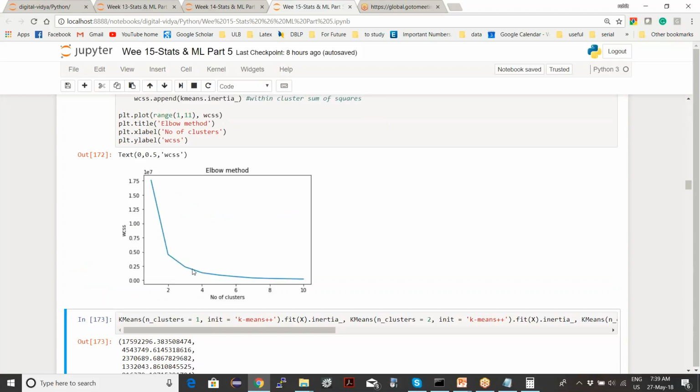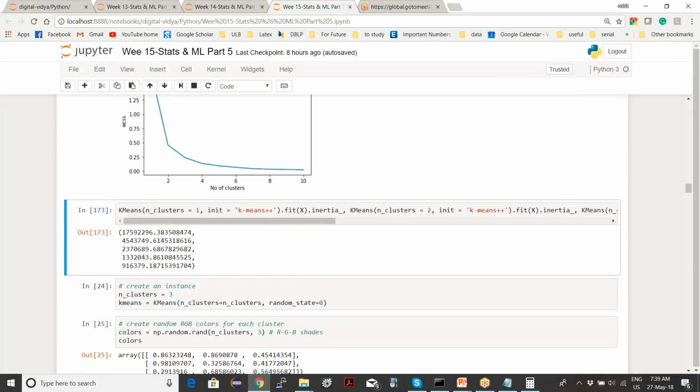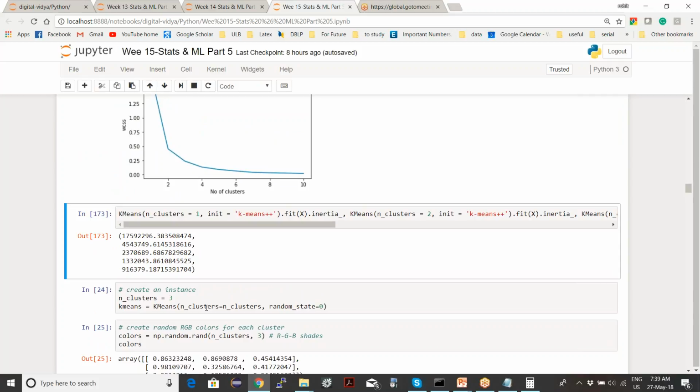After 3 or 4 it is very low. So from this you think, okay, let's use 3 first. You decided 3 is a good point, after which you see the elbow bending. This is where you think is a good bend, so you can take 3 as your number of clusters.